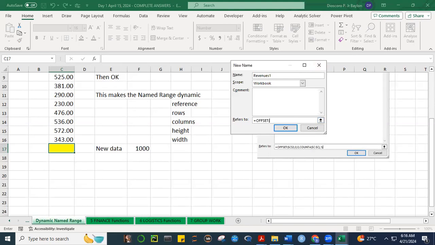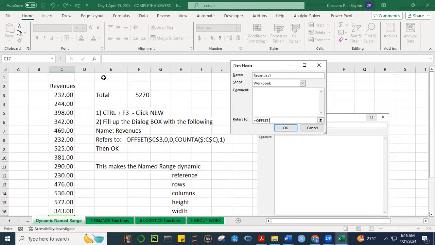Okay, where's our reference? Our reference is here. We start with this one. And you notice that it gives the name of the worksheet and then $C$3, this location. How many rows? It will not move below or up. How about the columns? 0 columns, it means it will not move to the left or to the right. It will still remain there. And then comma,